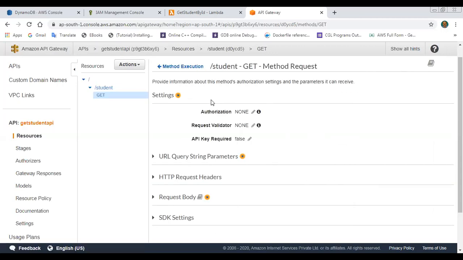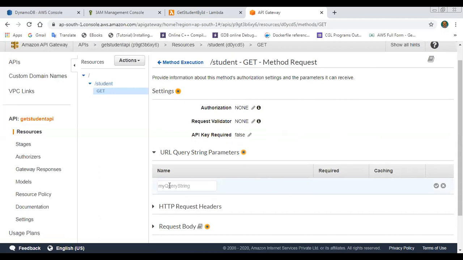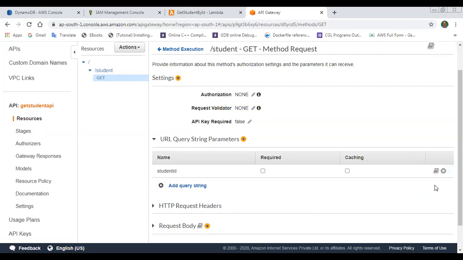In method request, you select the URL query string parameter and provide the query string. I am providing student ID as a query string. So passing the student ID, student ID is the query string.